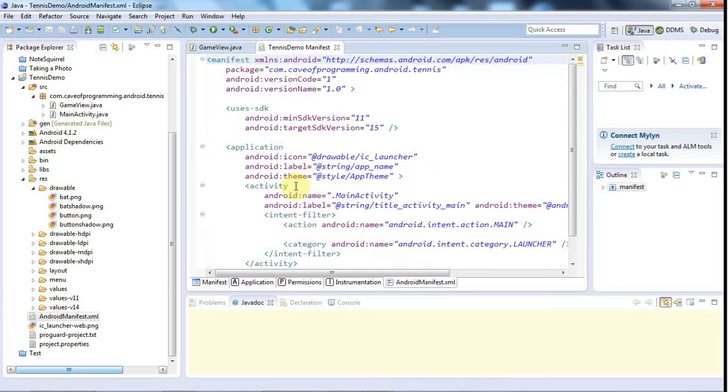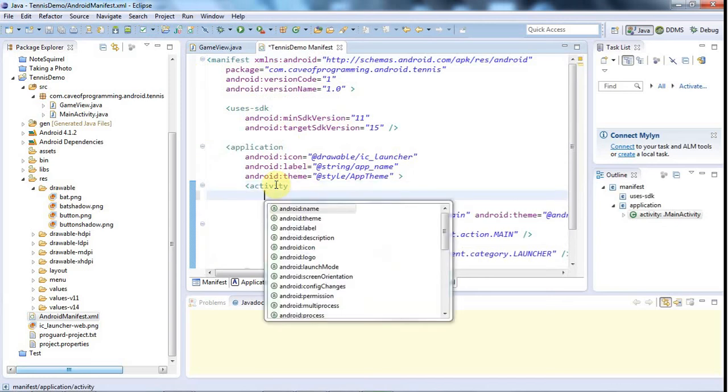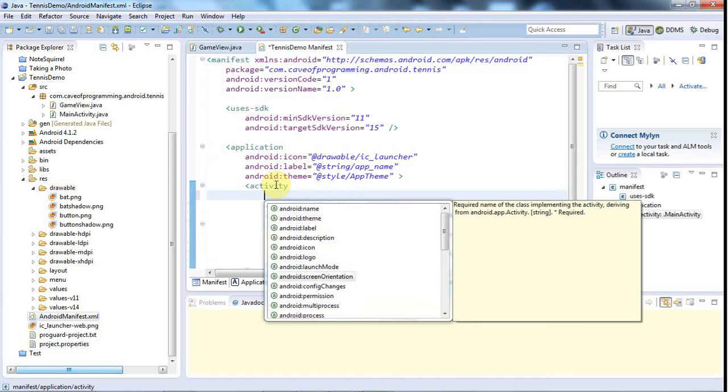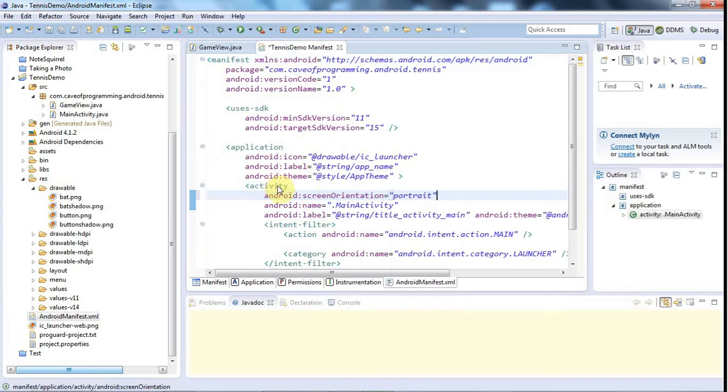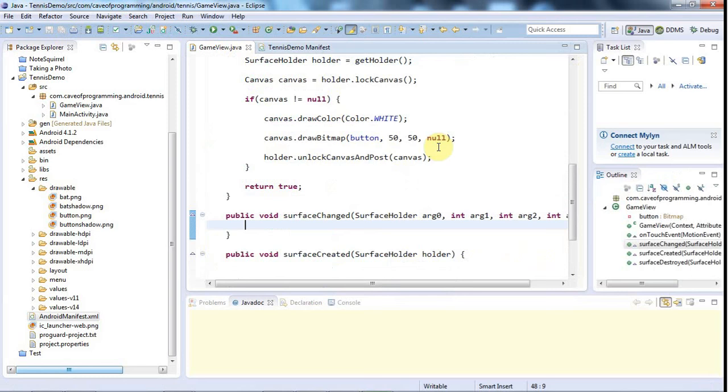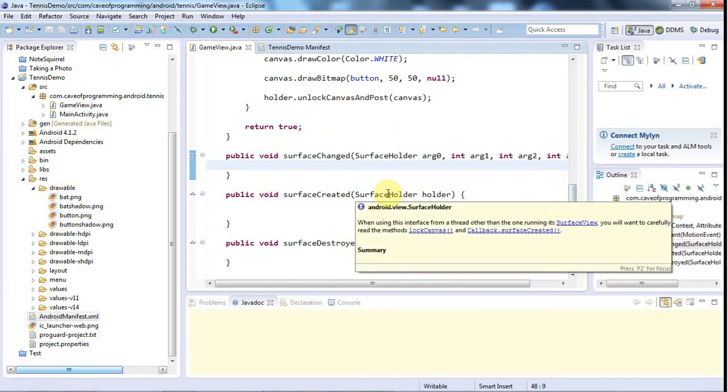And in this activity, the one that uses this surface, I'm just going to press Ctrl+Space here and set the screen orientation, Ctrl+Space again, to portrait, because I don't want the user to switch into landscape mode, as then I'd have to deal with that in my game. I'd rather they were just forced to turn the phone around to look at it the right way, which is going to be portrait mode anyway, which is how the phone will normally appear. Okay, so